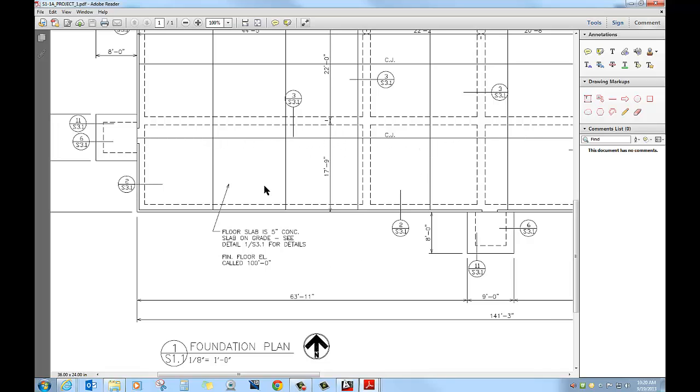So all these little lines running back and forth, crisscrossing, are control joints. And of course, we have dimensions, and even though they're not really labeled, this is to the center line of that footing. So this is to the center point of that footing. Technically, they should really have a line extended